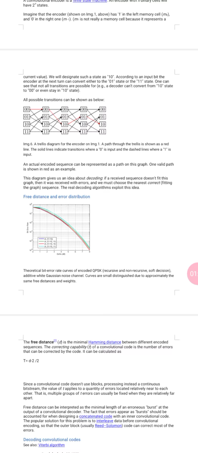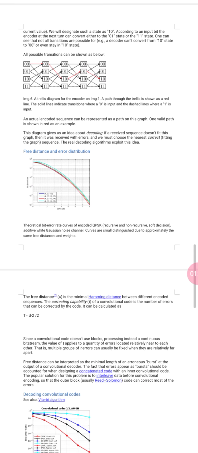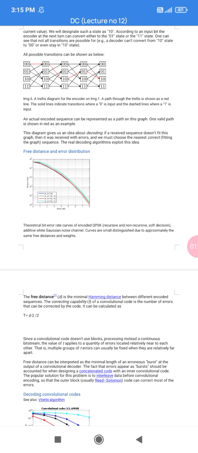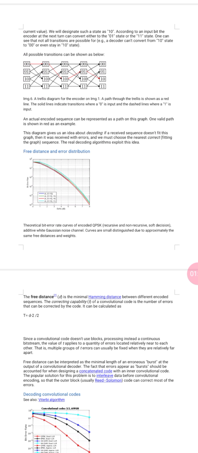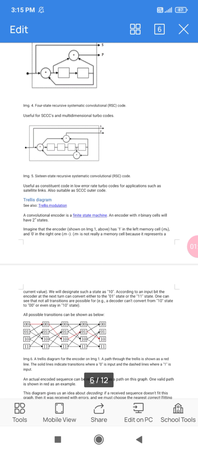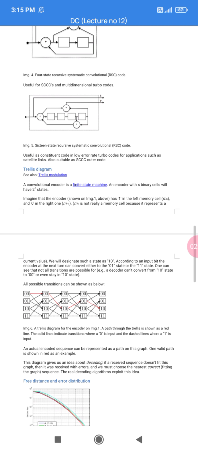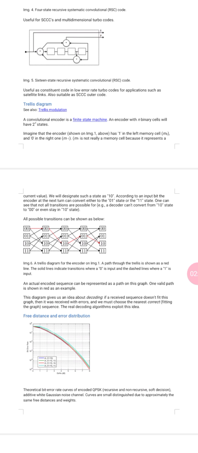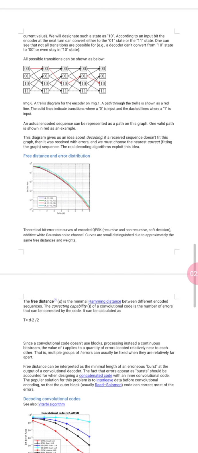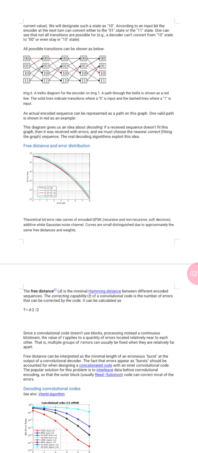We will designate such a state as 10. According to the input bit, the encoder at the next turn can convert either to the 01 state or the 11 state.